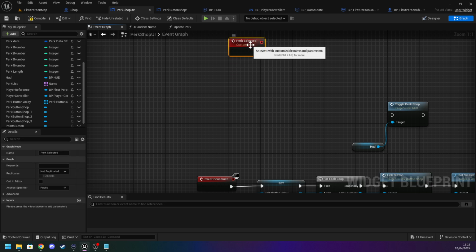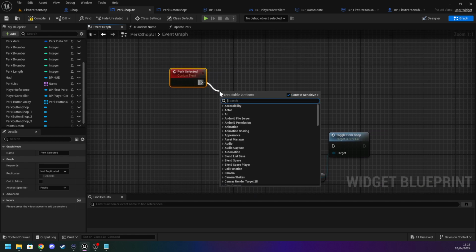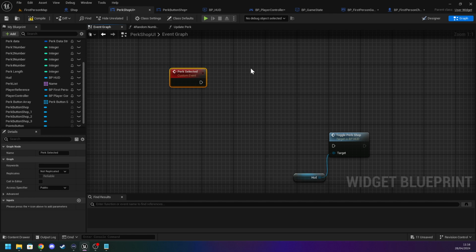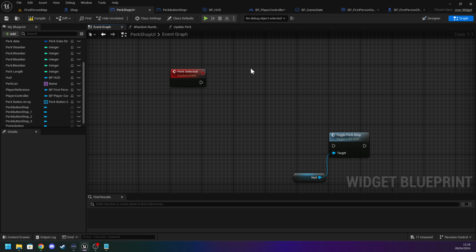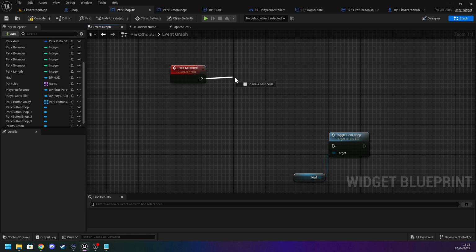I'm gonna add a button and a command to get out of the shop in a sec. But for this, we can just go perk. Update perks. We've got perk selected. Randomize perks. Perk selection. When the perk's selected, it's gonna